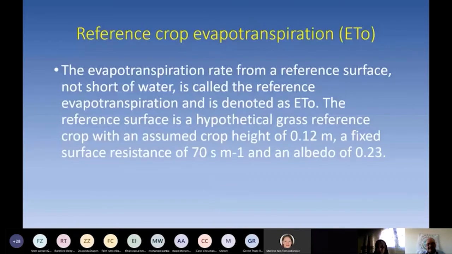Let me talk a little bit first about, we started yesterday talking about reference crop evapotranspiration, and the ET0 is the evapotranspiration rate from a reference surface, not short of water. The reference surface typically used is the hypothetical grass reference crop with